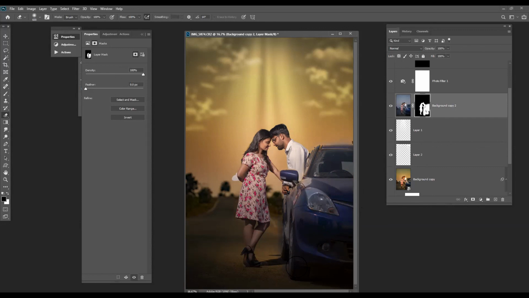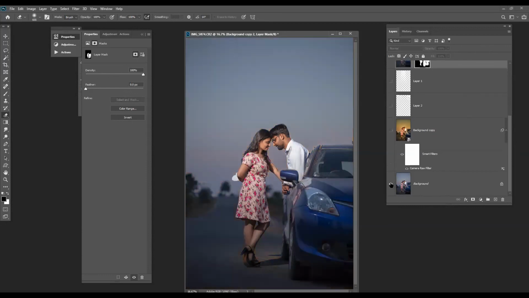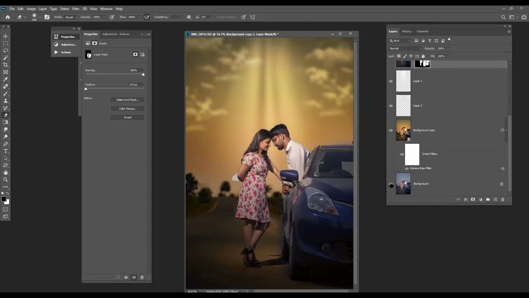Any doubts about this? So now we can see with a few simple, quick things we can easily and drastically change the look of our image.